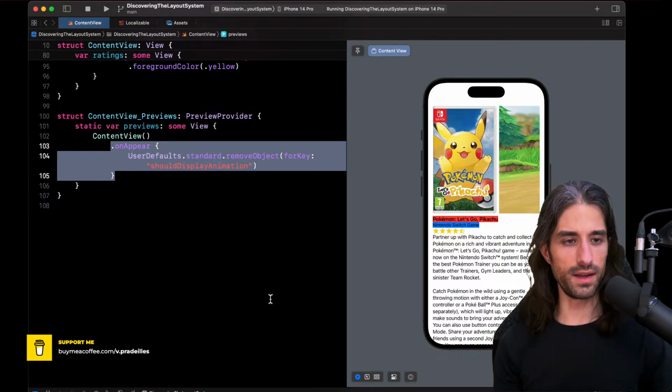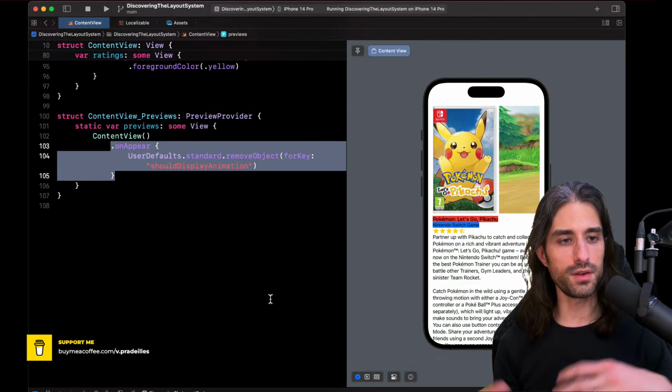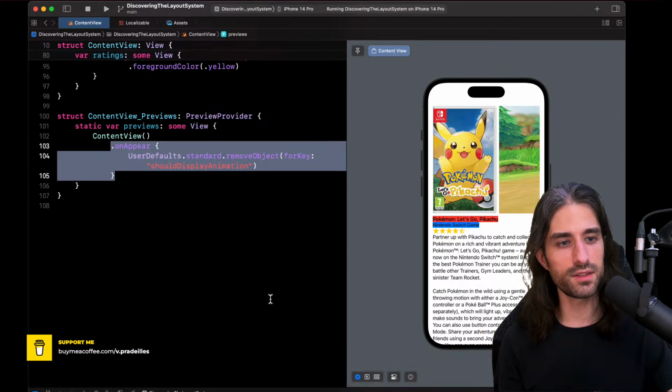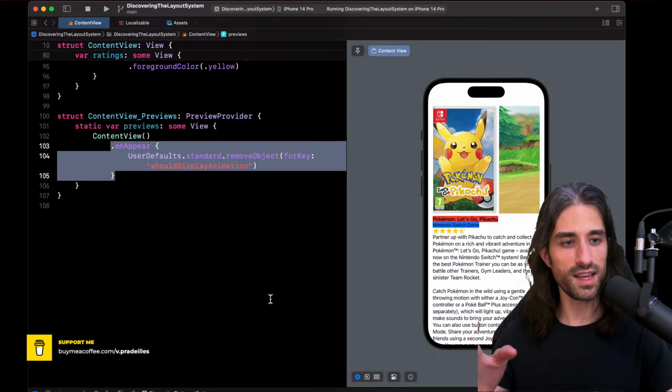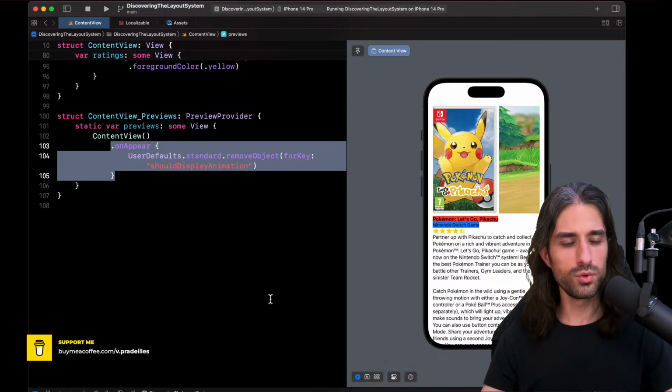And finally, the child view will let its parent know how much space it has actually taken. For instance, if a text didn't take all the space available, it lets the parent view know so that the parent view can take that into account when it will let the next child know how much space is available to it. And so that's how the algorithm works. The parent computes the space available, lets the child know, the child decides how much space it wants to take, lets the parent know, and then the parent moves on to the next child.